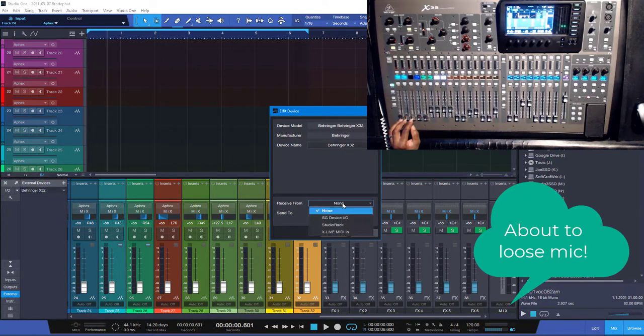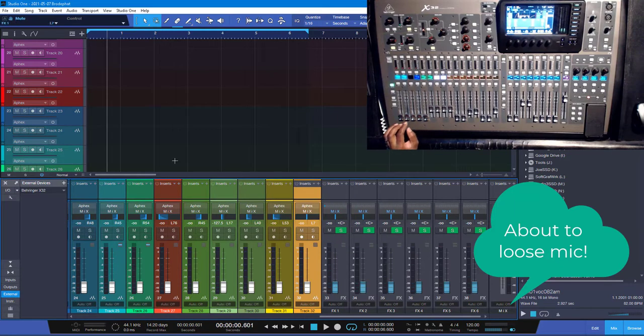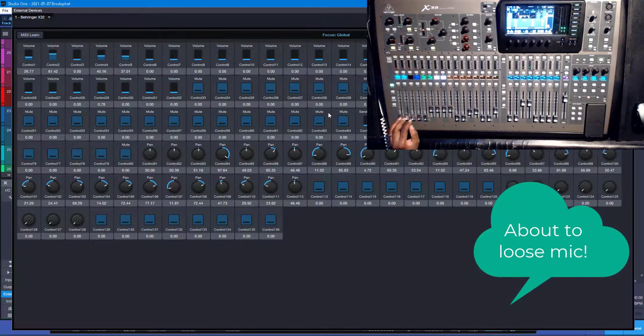Okay, that's what I gotta do. But with this one, you see this little panel. That panel comes up, and you have to sit here and program every button, and every knob, same way on Cubase, you got to